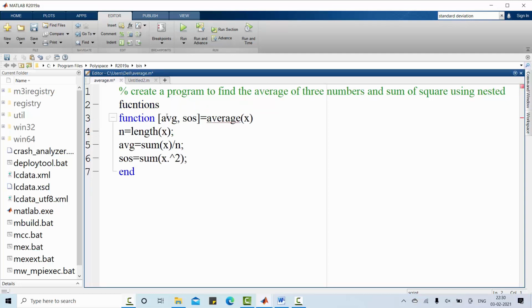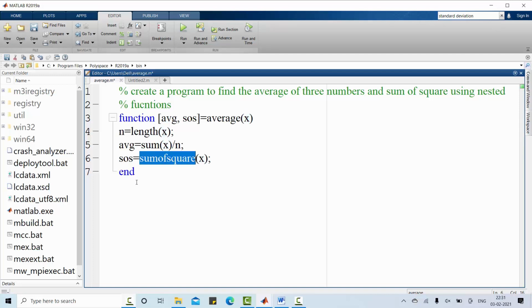For a nested function, you must have a function within a function. Say, for example, I can manipulate this sum of square. I'm calling this function, sum of square, instead of calculating the same here.